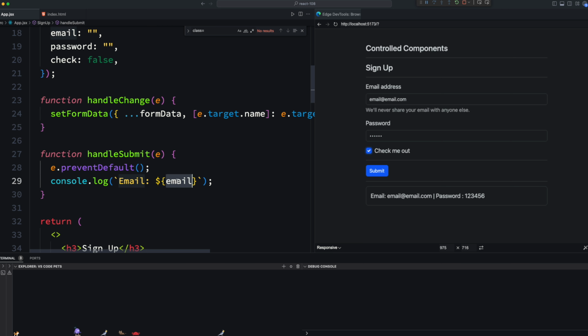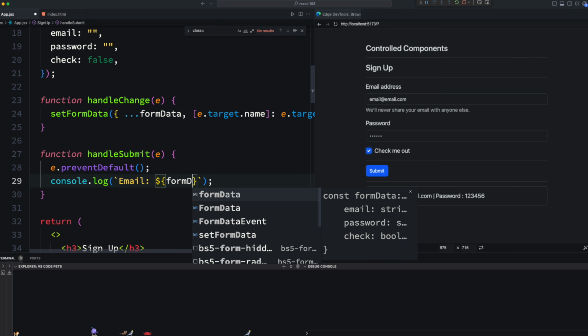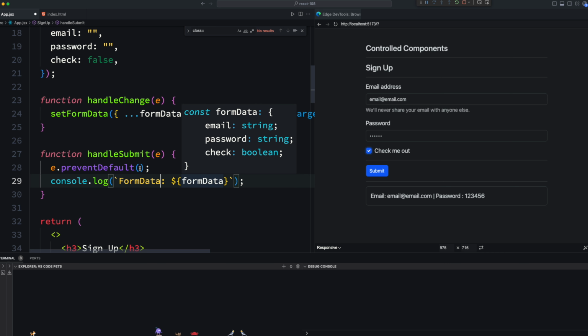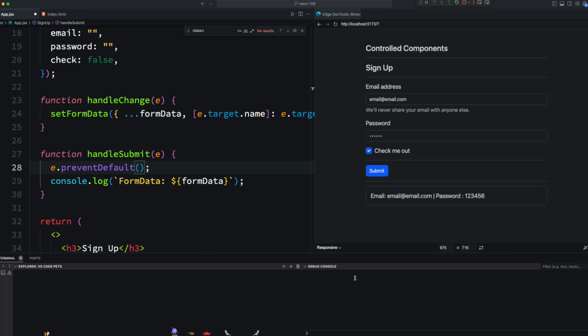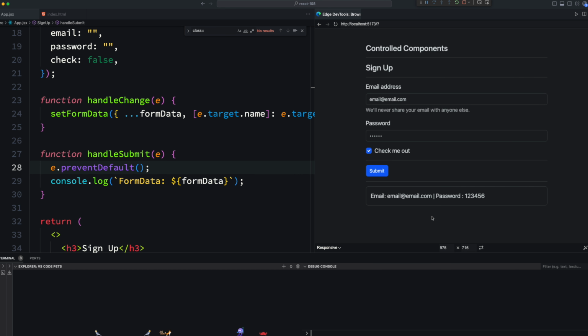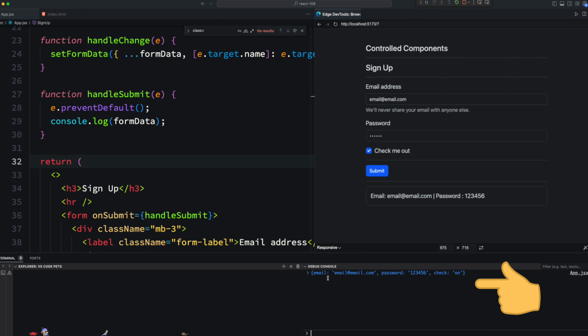The good thing is that we can dump the whole form data like this because the form data is an object, right? Remember, the form data is an object, so we can dump an object like this and it should show us our results in the console. So let me clear this and run it again. You can see the result on the bottom, guys. Here it says the email we entered, and then you can see the check says on. So I guess he's using on and off